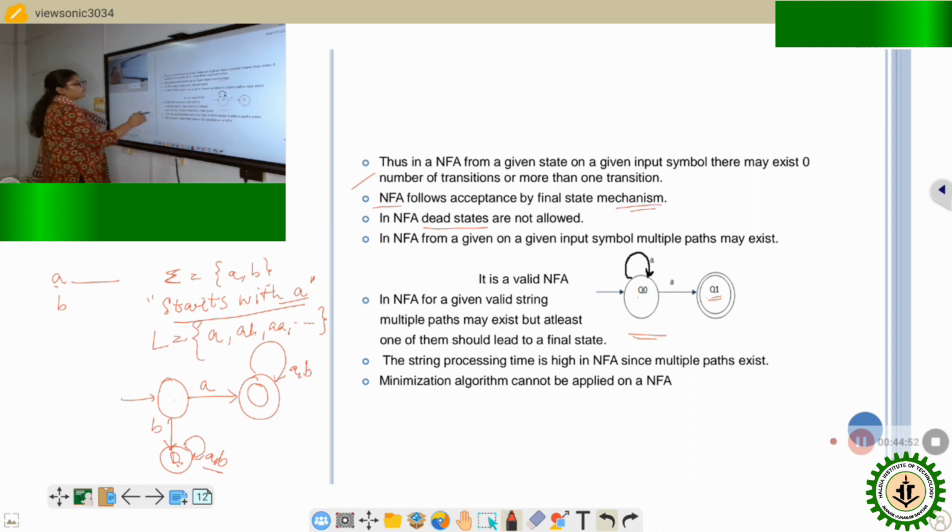Next, in an NFA, given an input symbol, multiple paths may exist. It is a repetition of this first point only. And the next point says that in an NFA, for a given valid string, multiple paths may exist. If I take an example,